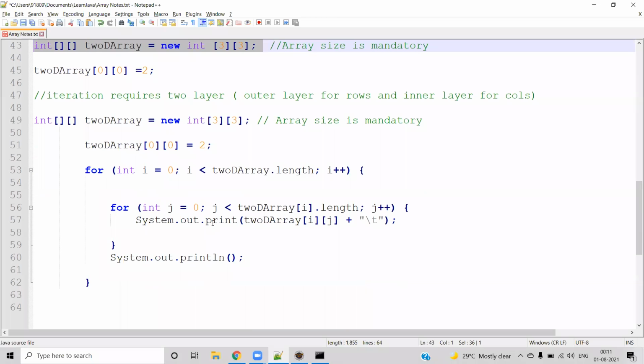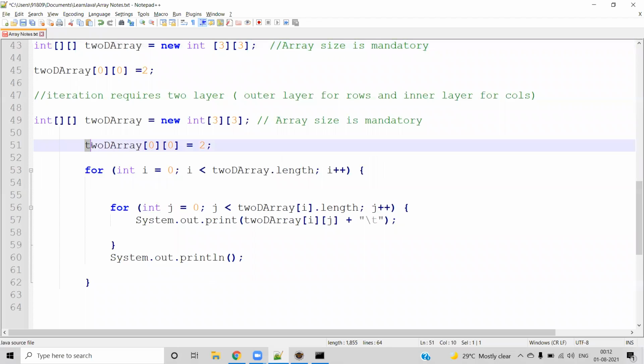In order to set up the values, now we are going to use the for loop, but it will be the traditional for loop because we are just handling the indexes. In order to access both the layers, for example, the first layer will be the rows. You need to access row by row. Once you get into a single row, you need to access column by column. So that's the reason you will have 2 layers of access, which will be reflected as 2 layers of for loop. The first for loop will go through the first layer of rows. Once you get into the first row, again, you will have another for loop, which will go through the individual columns inside your row.